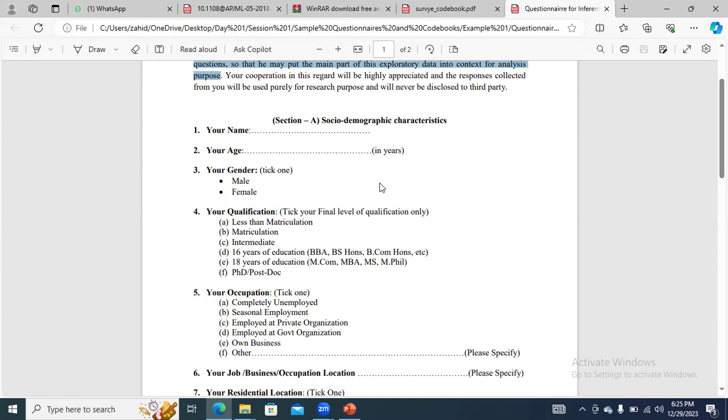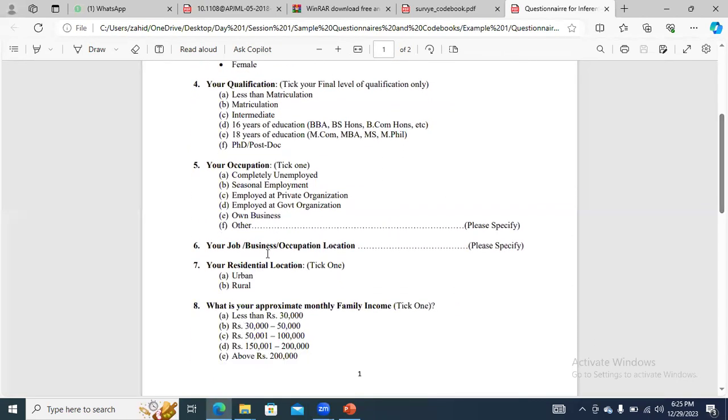When you are collecting data from a respondent, you need to ask some questions. If he is comfortable, he will let you know his name, age, gender, qualification, occupation, job location, and residential location. Most people in Pakistan, India, or other Asian countries are reluctant to tell their monthly income. But if the person is comfortable letting you know, he can click